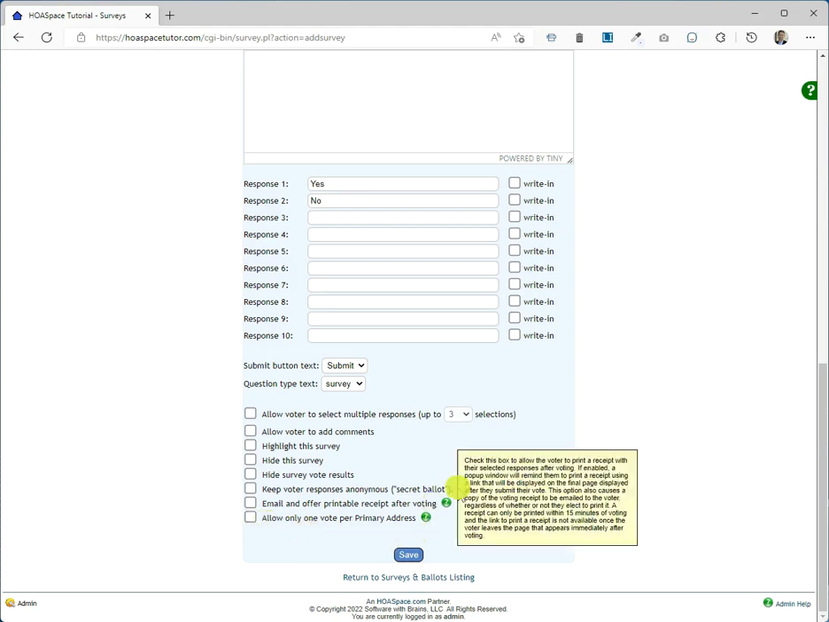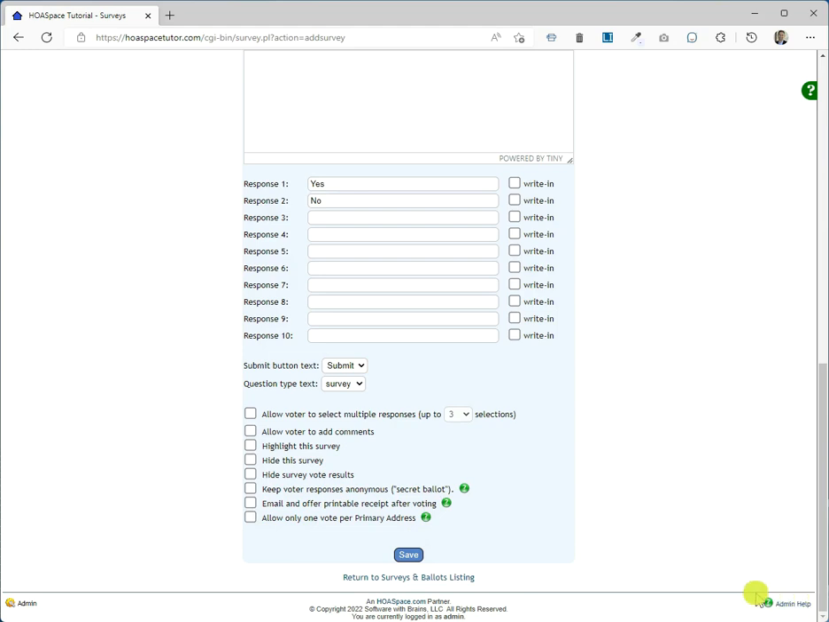Okay, so we've gone through all the options, and again, that stuff is all in the admin help, so if you need any more information on those, you can look them up there. So that's the general setup for a question. So I'm going to save this question,